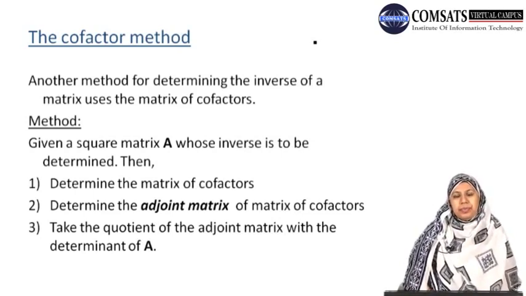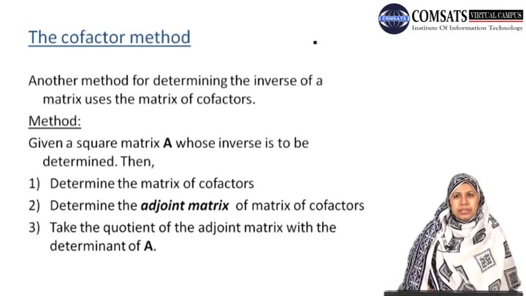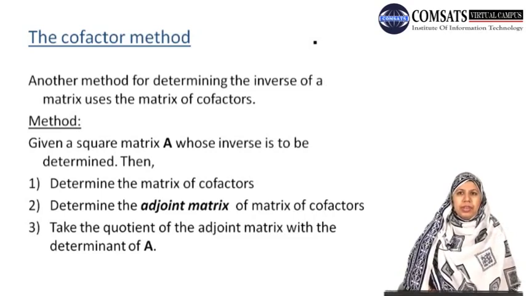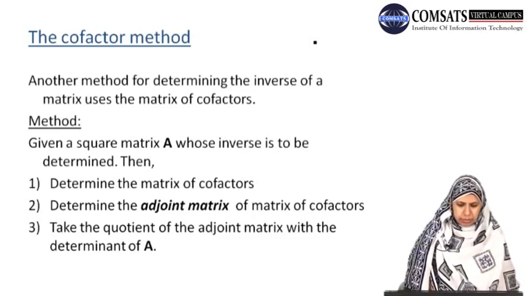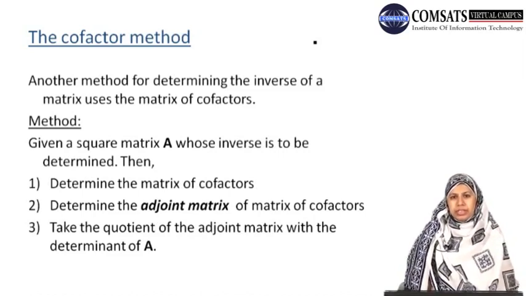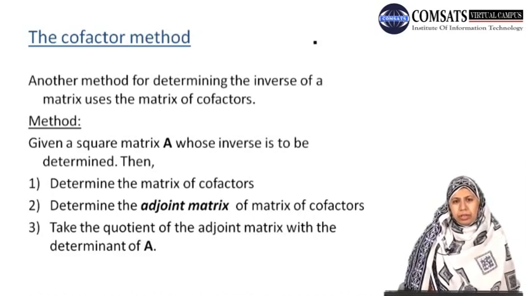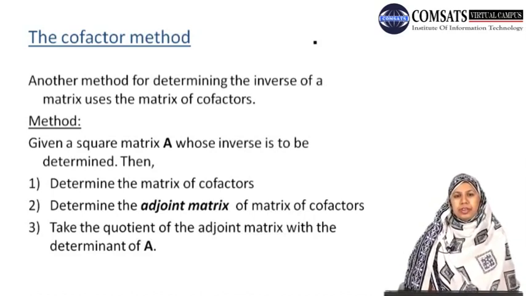The term cofactor we have already seen in our previous lectures when we were trying to find the determinant of our matrices, particularly the square matrices of order greater than 2. There we had to find the cofactors of the respective entries, and then we found the determinant. So this cofactor is exactly the same which we have seen in our previous lectures for solving determinants. Now how can we use this method of cofactors to find the inverse of a matrix?